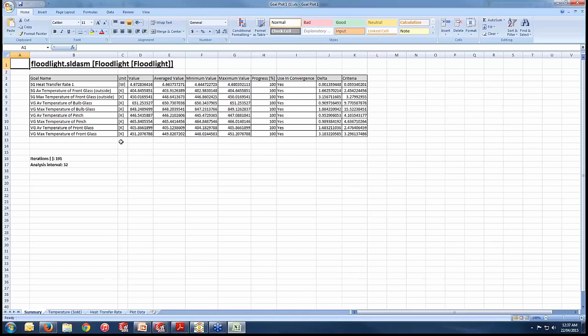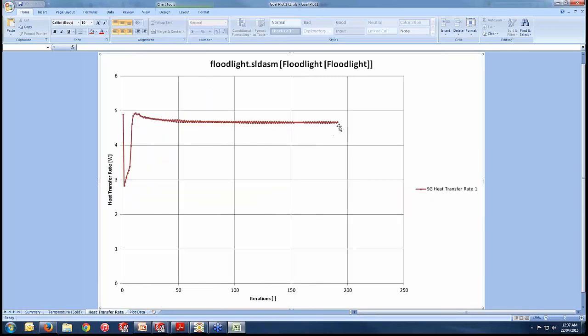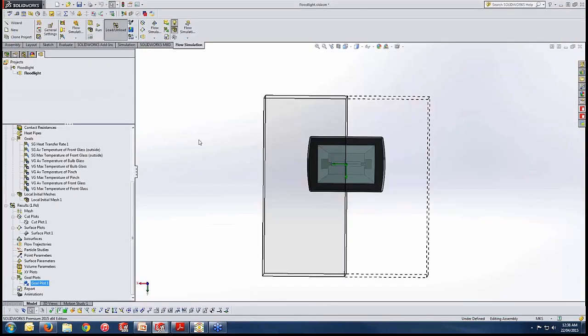So it's simply showing us 191 iterations done, the temperature of the solid has reached a converged answer after that many iterations, and the heat transfer rate has also converged. Okay, so this is what we have checked, and we are not seeing any excessive temperature values anywhere. With those conditions, the next thing I would like to show you, and probably you have experienced it before,